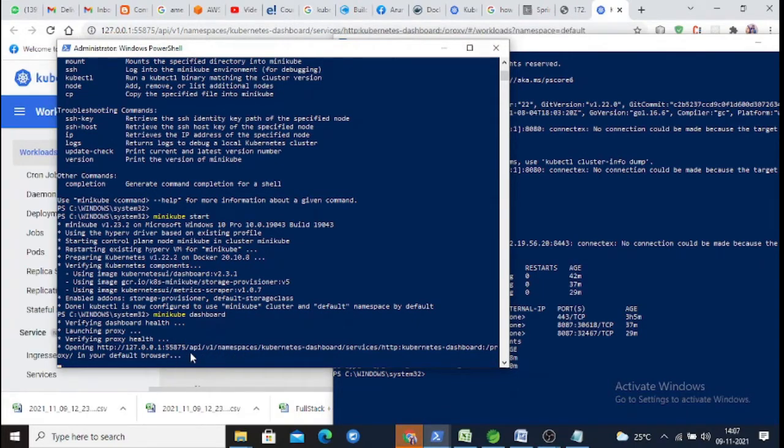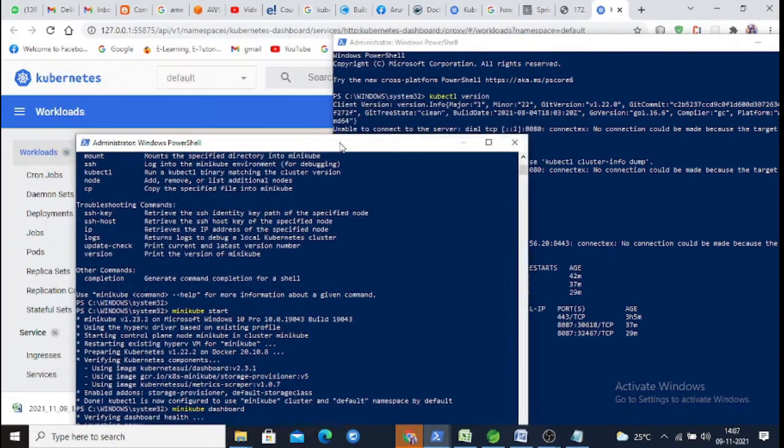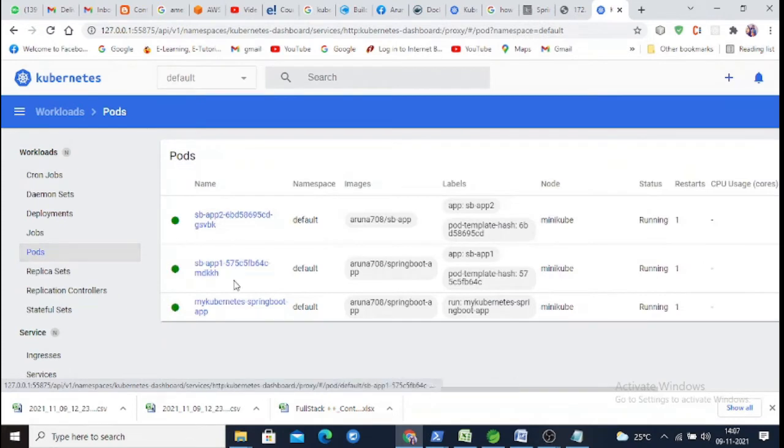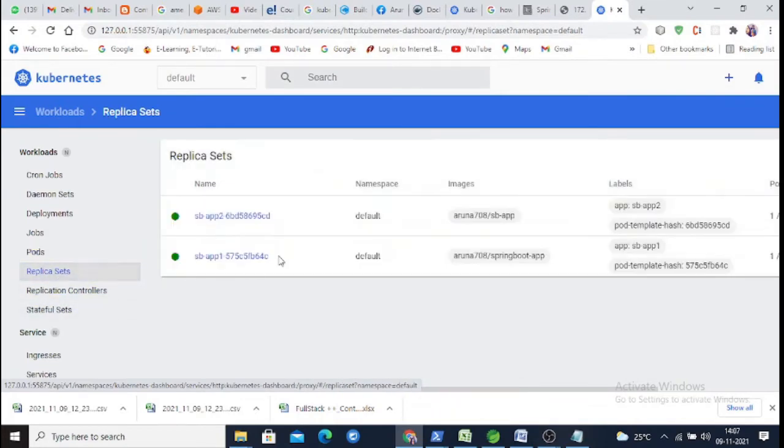Now the dashboard is getting started. You can see the IP address and the port number on which it is going to start. So this is our dashboard. If you go to this dashboard, you can see the previously running pods: how many running instances are available, and for these instances, how many replica sets are available. For each node, by default it will take one replica set. If you want to enhance that, yes, there is a configuration file, YAML files. You can edit that, change the configuration, and deploy the replica sets.